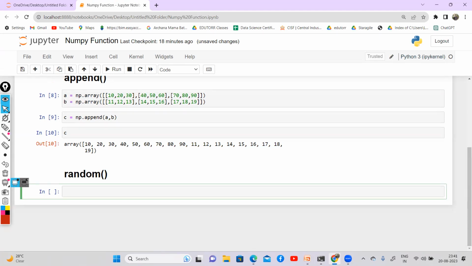So what is random? The random function is generally used for generating random numbers. Whatever I'm explaining, please write it in your notebook. Specifically, this random function is used for generating random numbers. Generating a random number means what? For example,